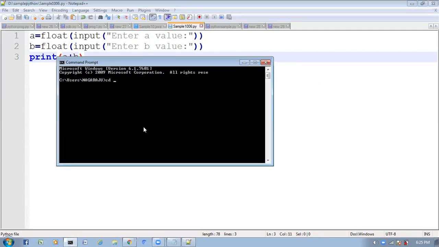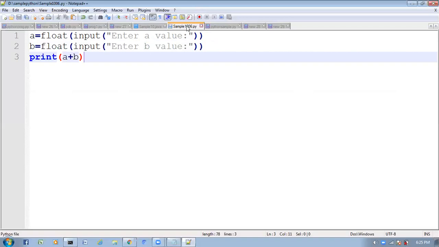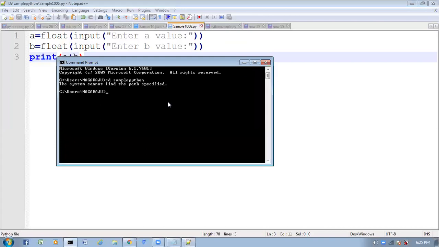cd sample python, cd Python. Inside this, what is the program name?